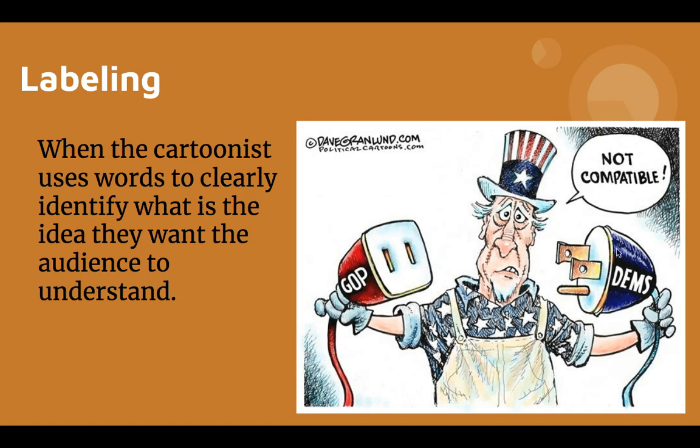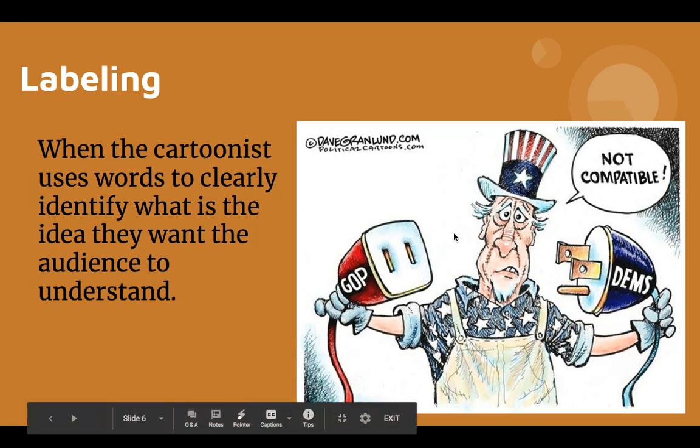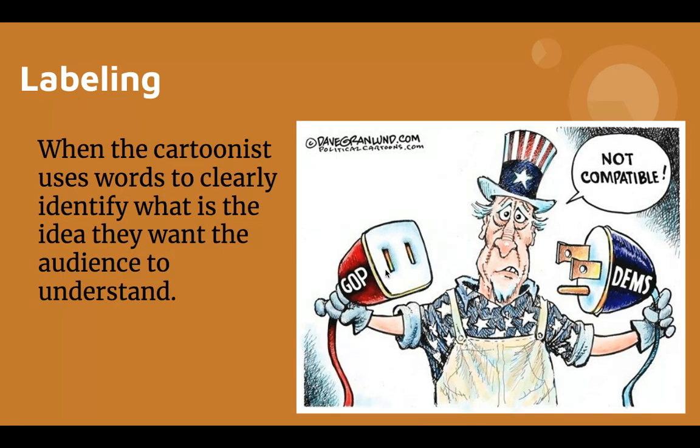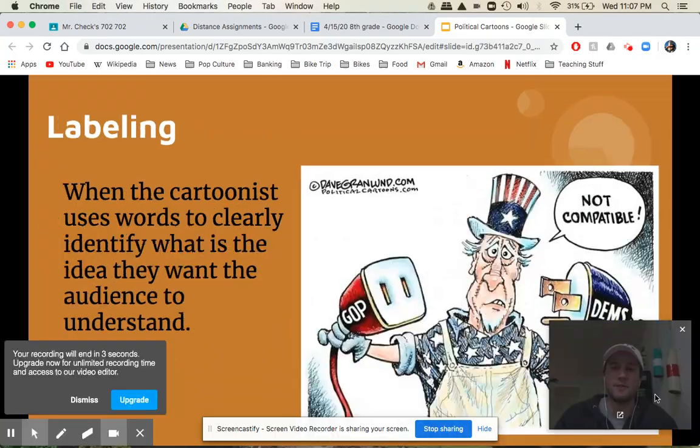We've got a three-prong plug on the right. We've got a 2-slot plug on the left. They label these to show that these don't work together. Democrats and Republicans are not currently working together, just like these 2 plugs would not work together. The labeling here is to show you that the things that aren't working are the Republicans and the Democrats. Those are the features of a